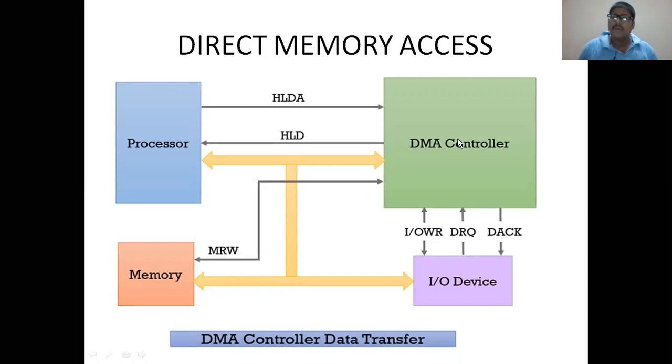Here one thing you need to understand is, though the DMA controller is transferring the data, and the processor is not involved in transferring the data, the entire data transfer from the input device to memory will be looked after by the processor. That means it cannot be performed without the permission of the processor. The data transfer will be performed by the DMA controller only after the permission and supervision of the processor.